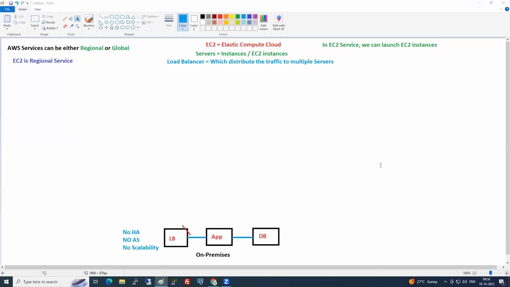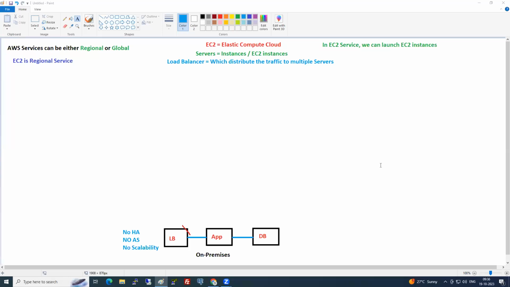Elastic load balancer. Now, one more beautiful thing, this elastic load balancer from AWS is not a server. It is a service from AWS. If it were a server, we would need to create that server, maintain that server, set up high availability for the server, and configure the server. Everything we need to do for the server. But is it a server? No, it is a service.